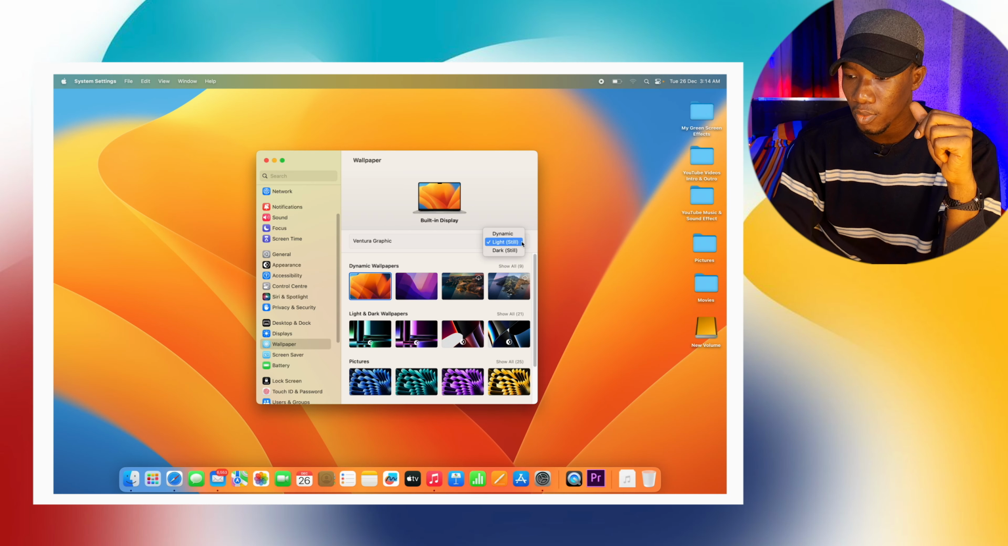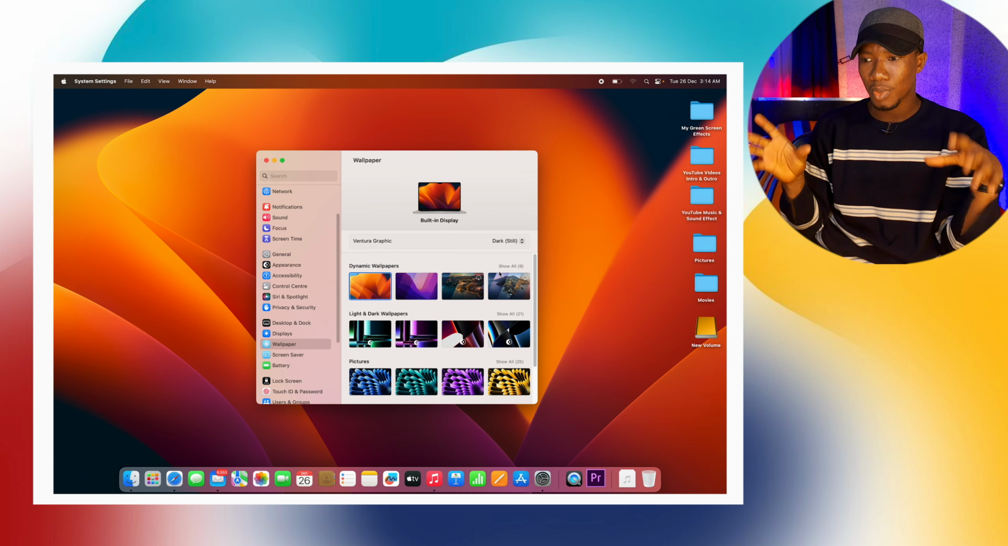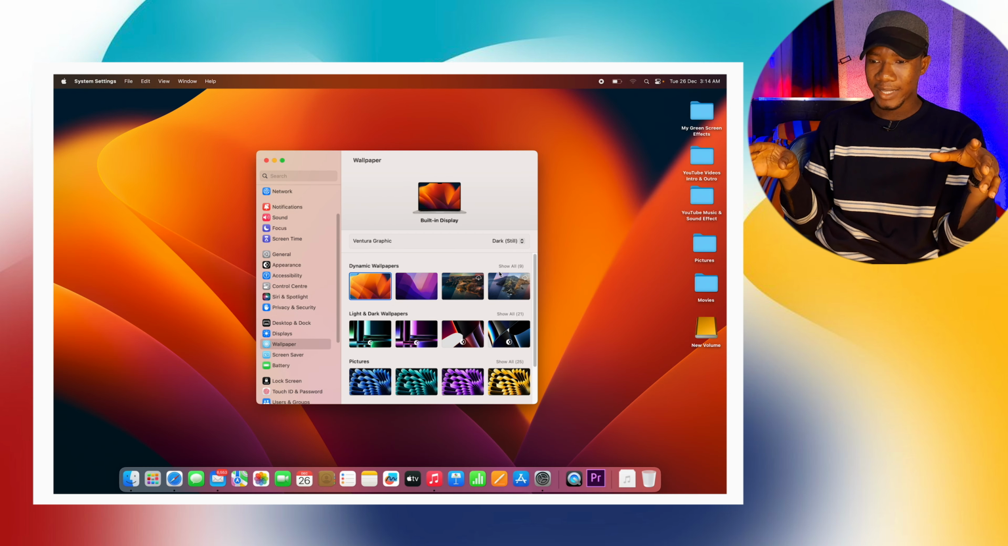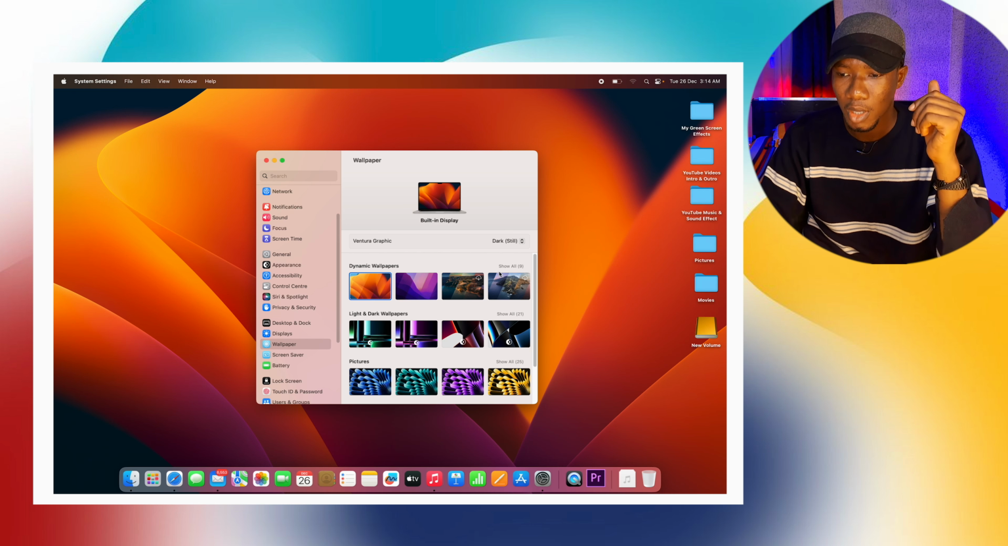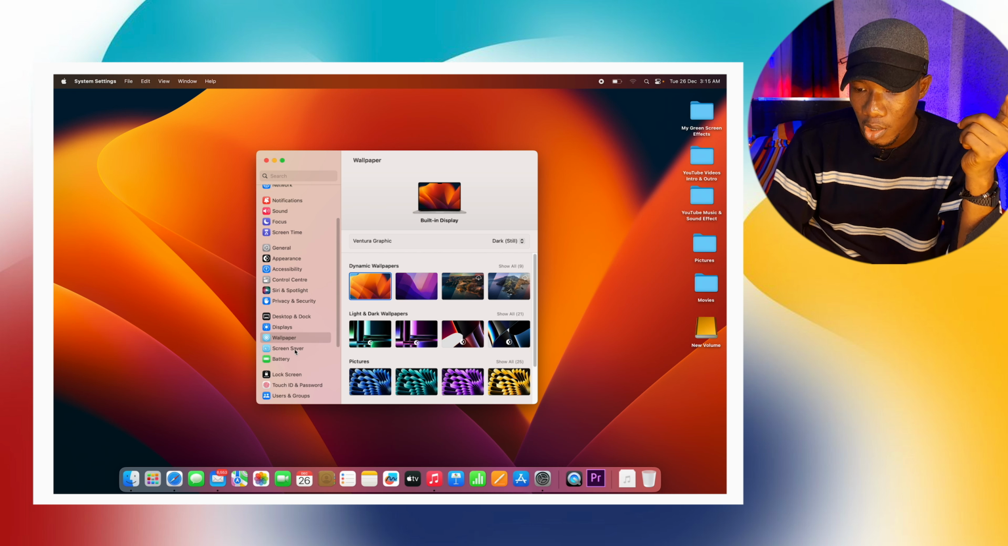So I'm going to change this to dark, and with dark I think I like the way this is actually displaying right now. This is perfect for me. So what am I going to change again? The next thing I'm going to change is under